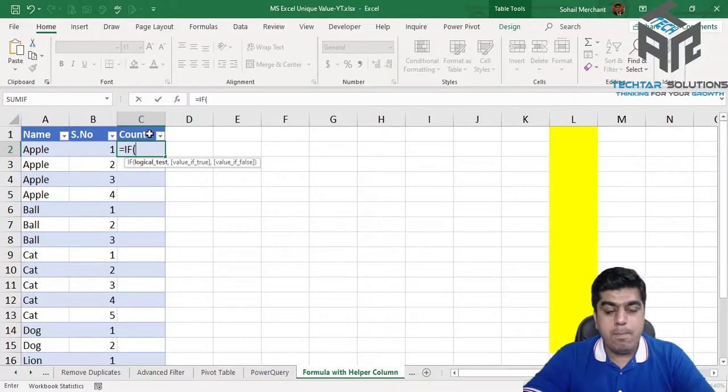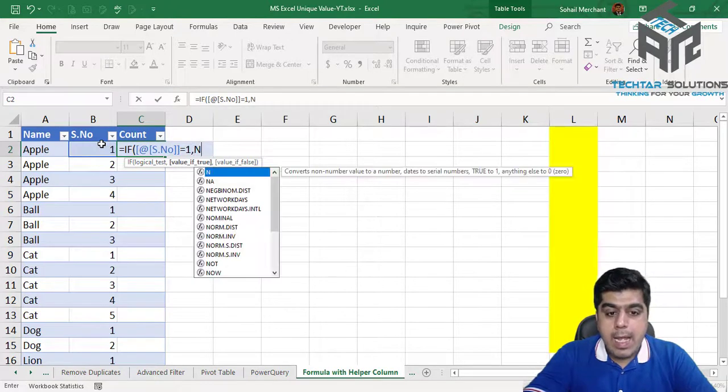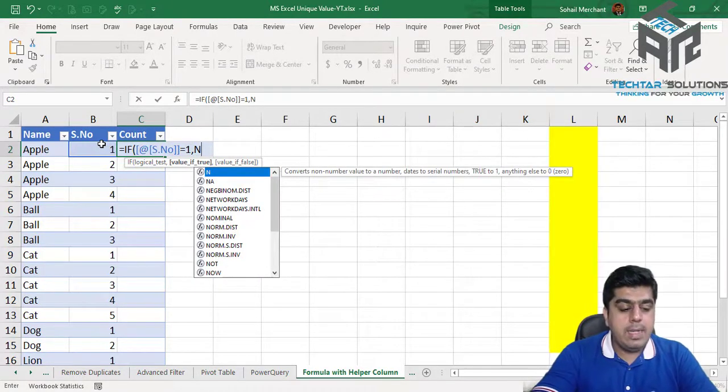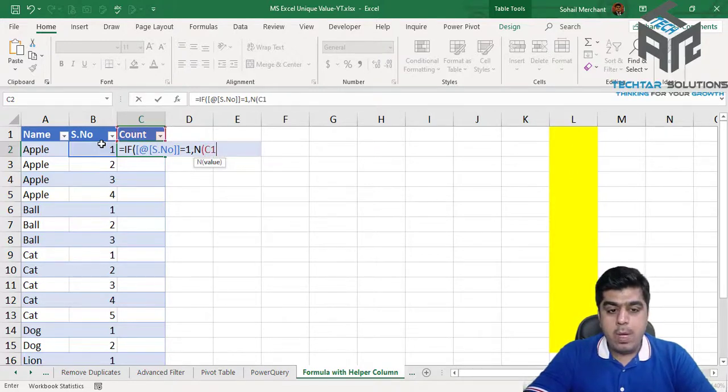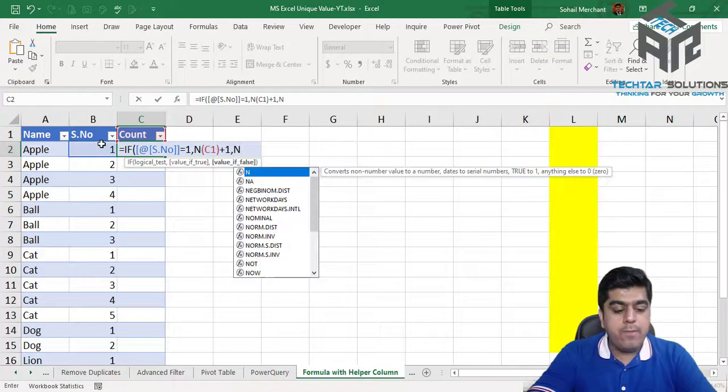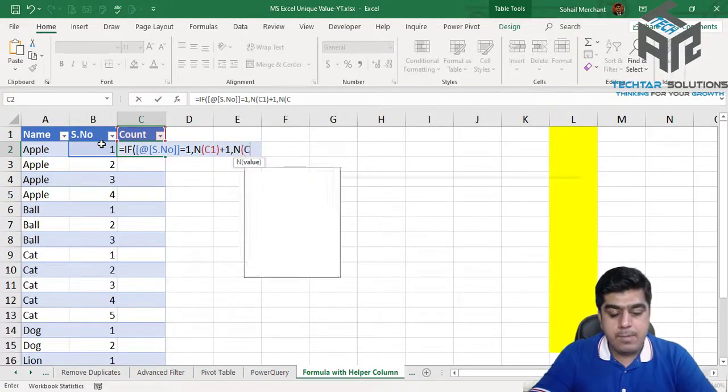and this time my logical test is if my serial number equals 1, then N is a function that will assign the value. N parenthesis open C1 parenthesis close plus 1. Else copy the value of my above cell, that is C1.